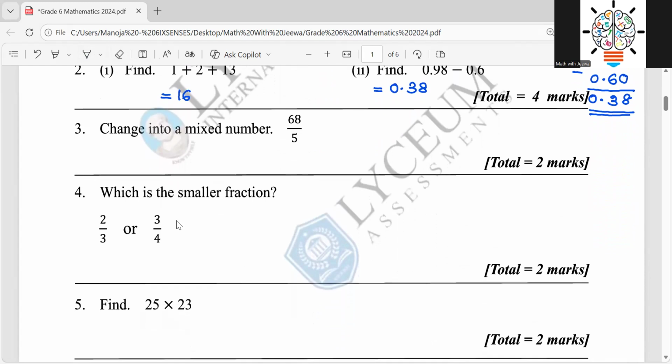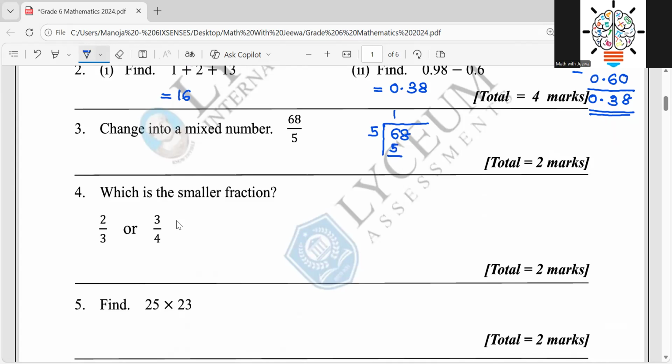Change into a mixed number. Children, can you remember how you can convert an improper fraction into a mixed number? You divide like this: 5 times 1 is 5, 1 remaining, and you bring this 8 down. For 18, how many 5s do you have? 3 5s, right? That's 15, and 3 is the remainder. So then how do you write this? 13,